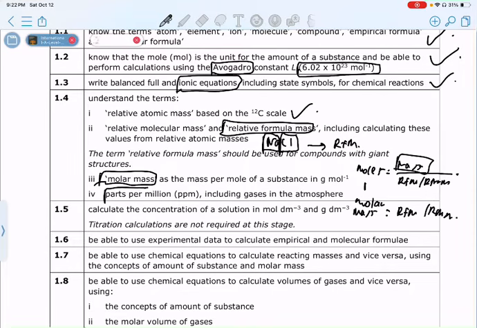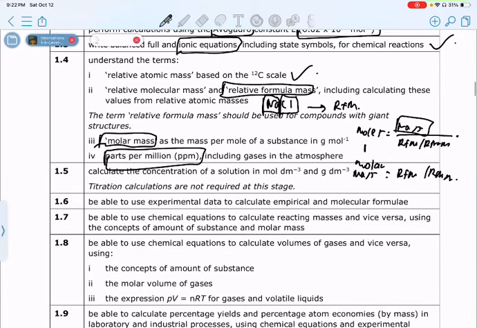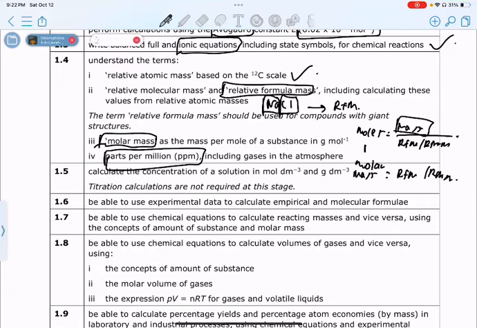Parts per million. This is a quantity that is used to express the smallest of values, okay? So in here we use the terms that we have given, like the Avogadro's constant and stuff. To know parts per million, essentially when you're giving your answer, let's say there are